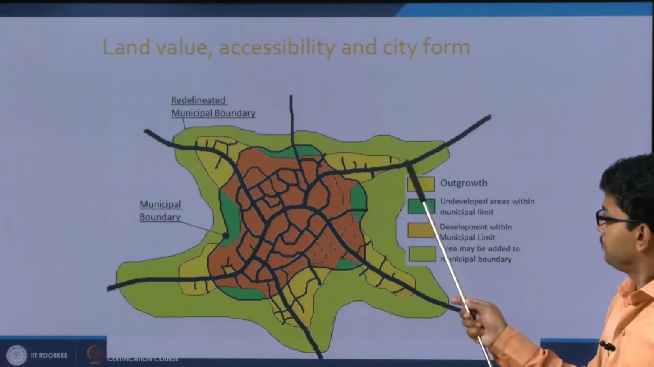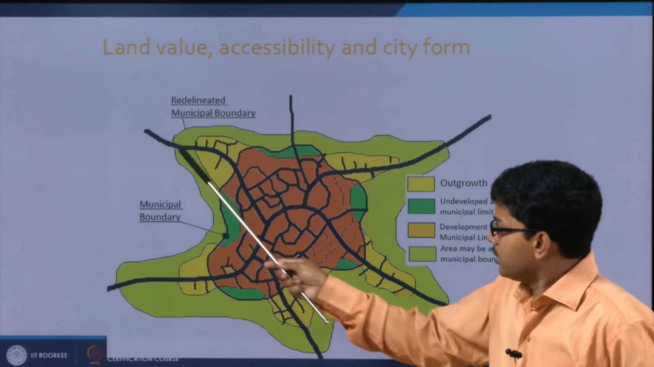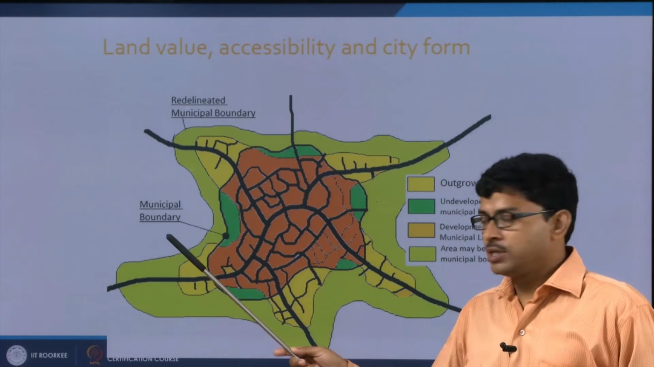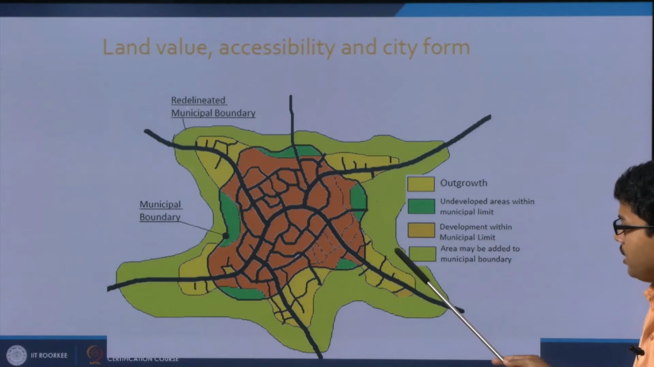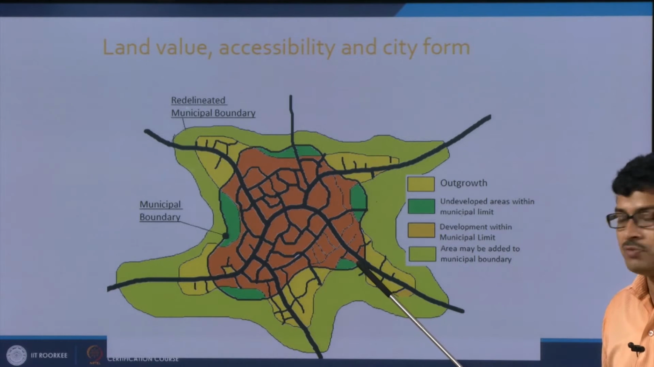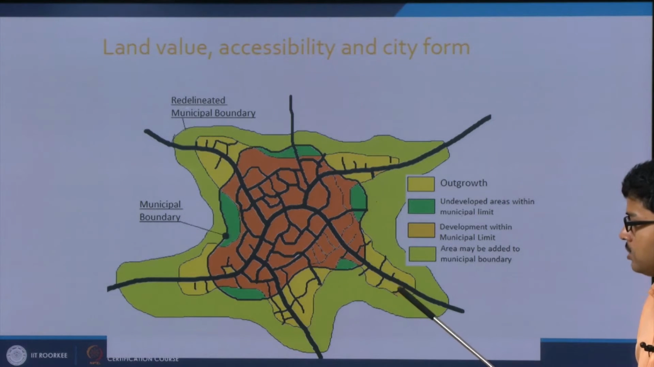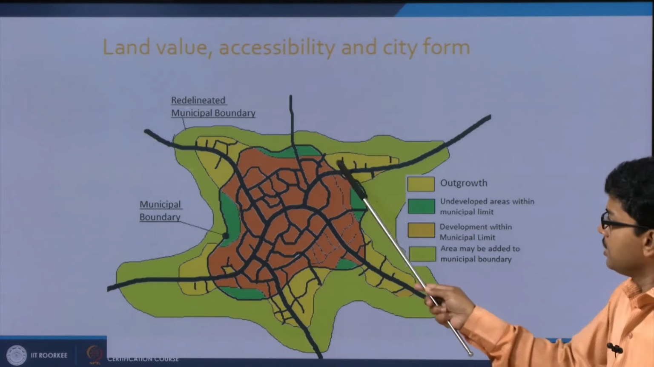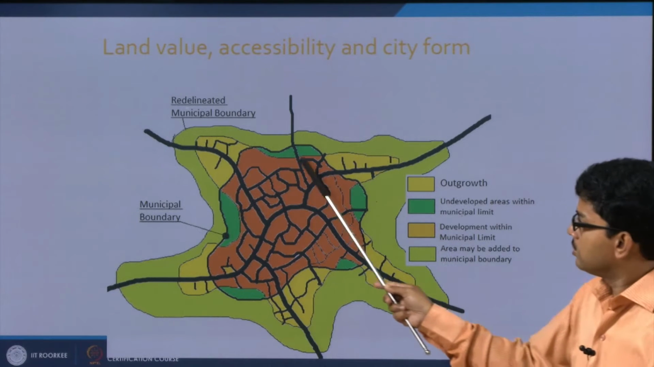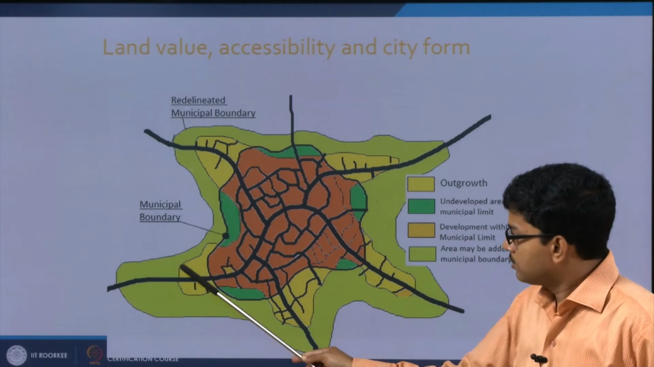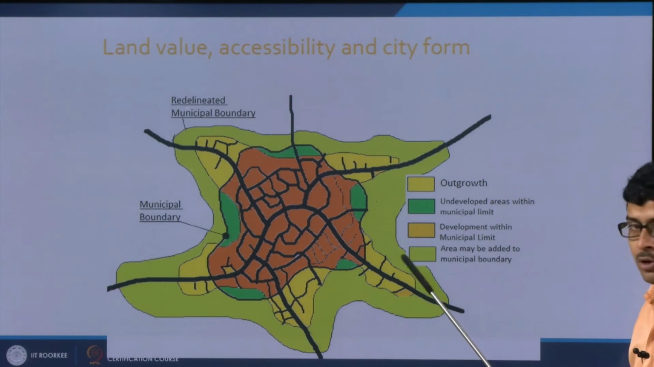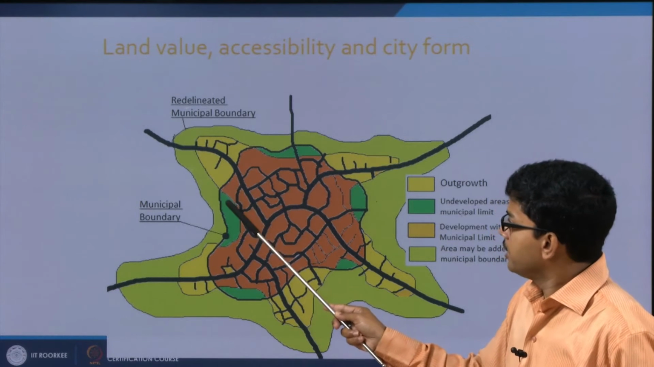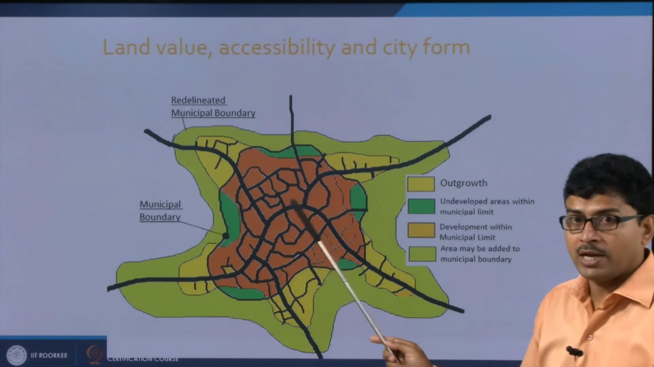Now, please recall the discussion about the relation between land value and connectivity. Since this is the major transport network going from the city core to other cities or areas, the land value will be very high in this area because the connectivity is very high. These are very well connected, not this area or that area. For that reason the city will grow in this fashion, which will follow the future road network. Even if this is the municipal boundary, the city growth will be based on land value and